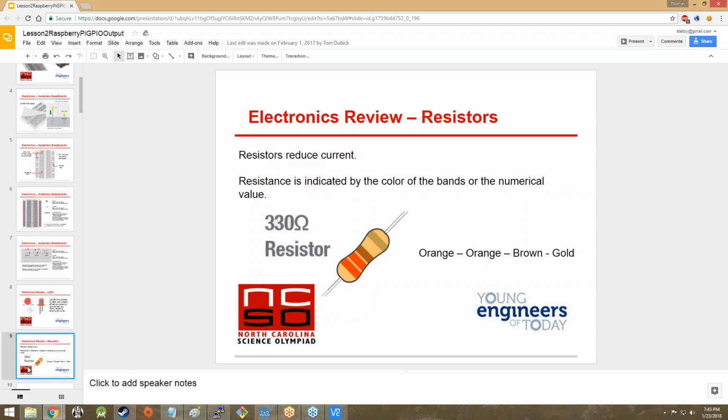Next, you've got resistors. Resistors reduce the flow of electricity. They are the rocks in our stream. They make sure that electricity doesn't flow as freely, as quickly, as powerfully as it could otherwise. And this can be good because it prevents too much electricity from going through too quickly, and